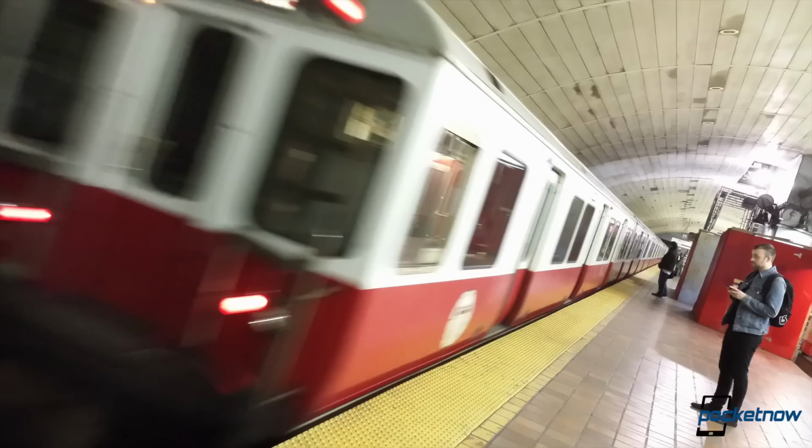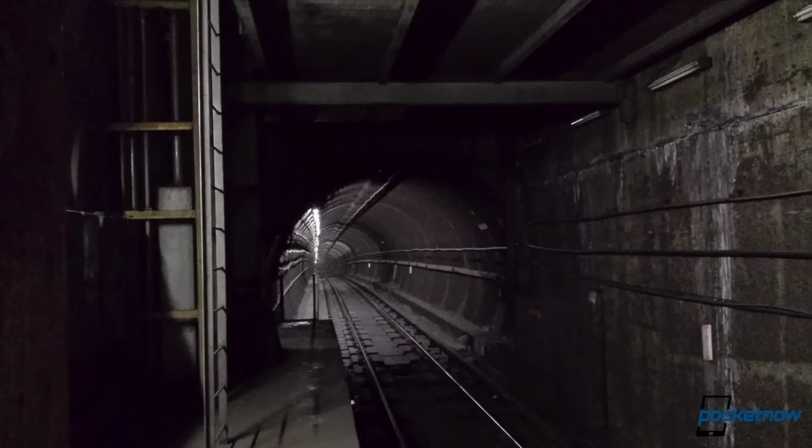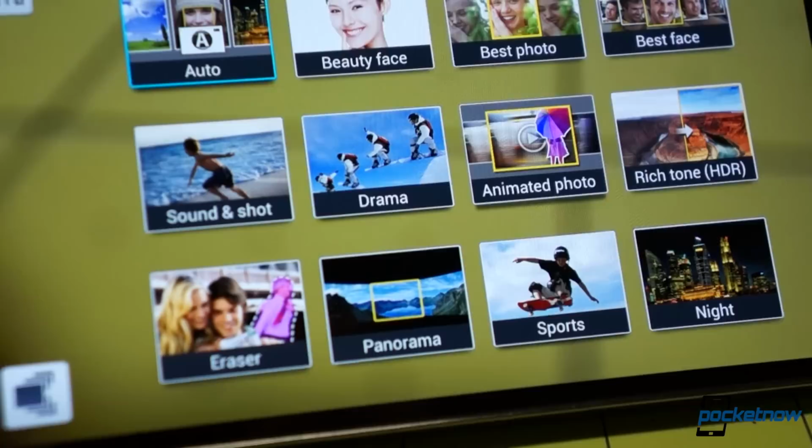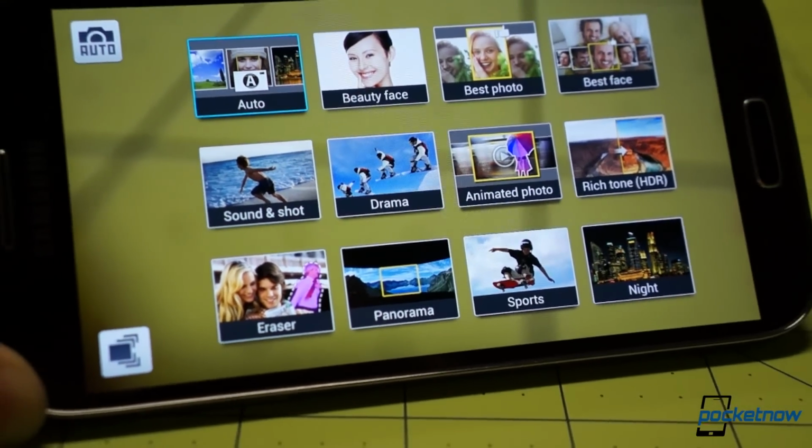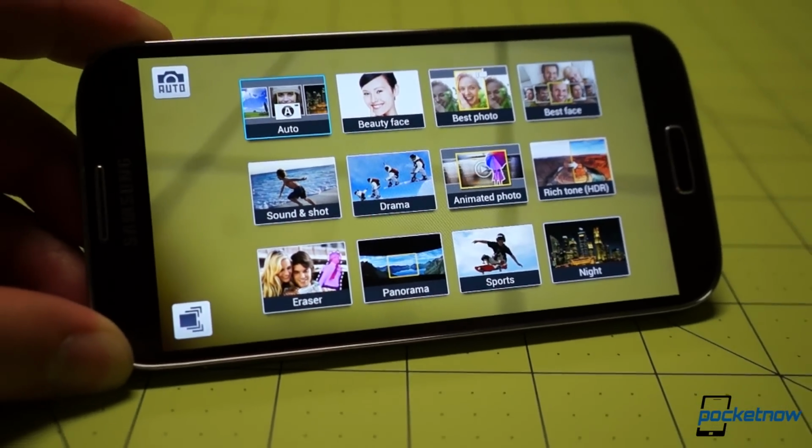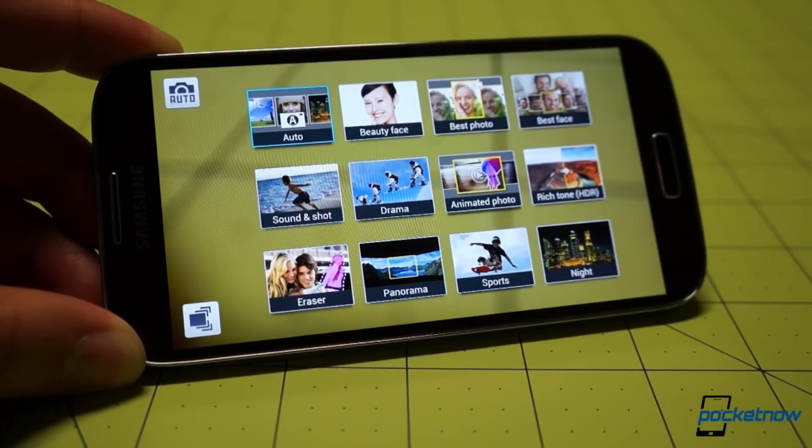The Sports option helps you capture fast movement, and the Night mode allows more light into the sensor. Just be sure to keep a steady hand when shooting. Modes can only take you so far. Sometimes you need to access the more granular aspects of the camera, and that's what the settings cog is for